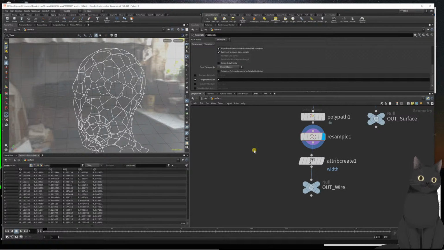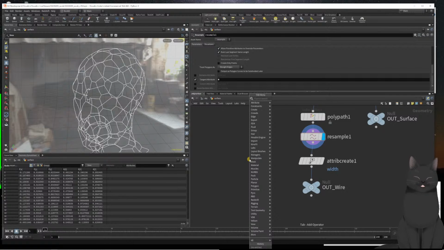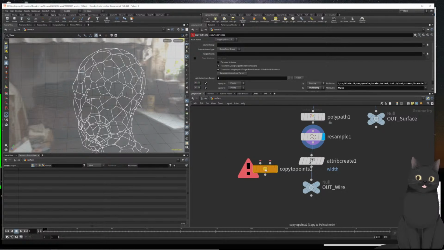What the tangent U attribute is just the tangent of this curve saved for each point. That means the vector pointing from one point on the curve to the next point on the curve, connecting those individual points. And by saving it as a normal attribute here, I can use it in a copy to points to orient copies onto those points here. Maybe let's use a box. Scale this down to 0.01, like so. Widen the copy to points, making sure